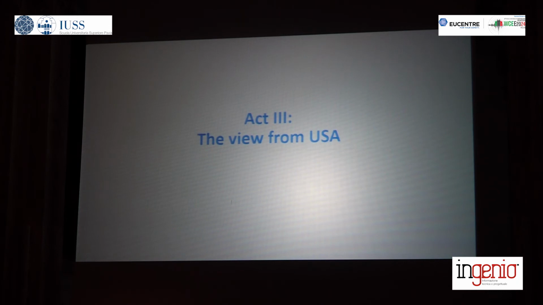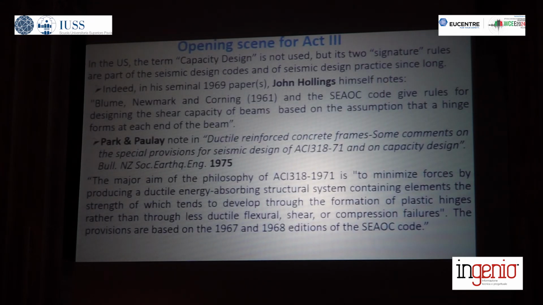which concludes with the realization that those in New Zealand who appear to know consider John Hollings as the father of capacity design. However, when I reached the same conclusion sometime in 2017 in my search for the origins of capacity design, almost by chance,